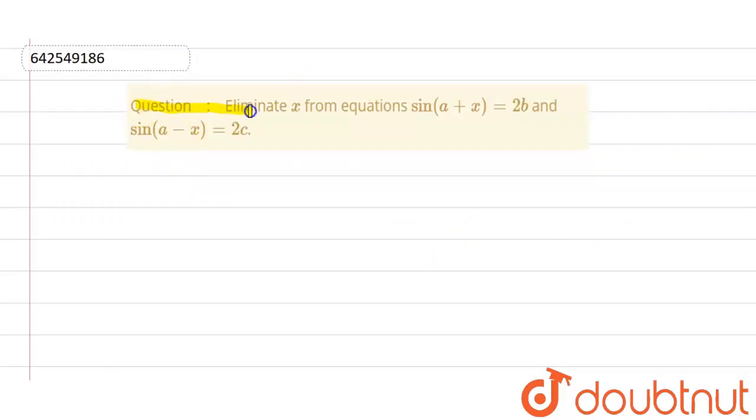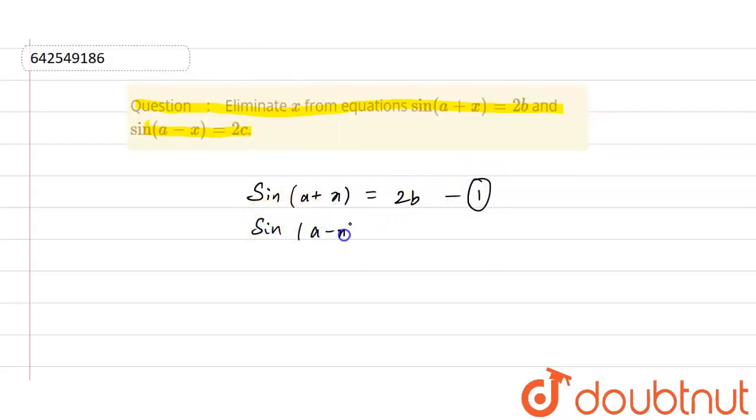The question that was given to us was: eliminate x from the equations sin(a + x) = 2b and sin(a - x) = 2c. So the two equations given to us are sin(a + x) = 2b, let this be the first equation, and sin(a - x) = 2c. So now, by adding